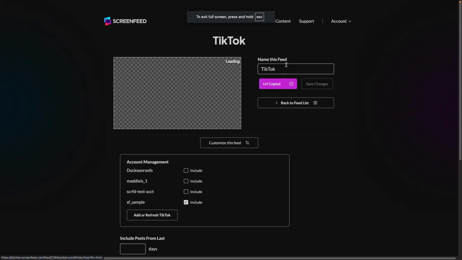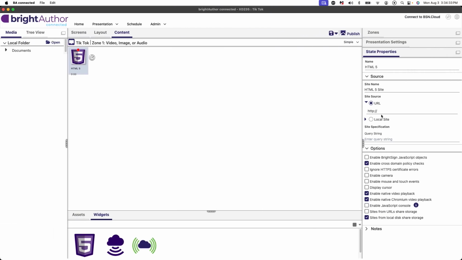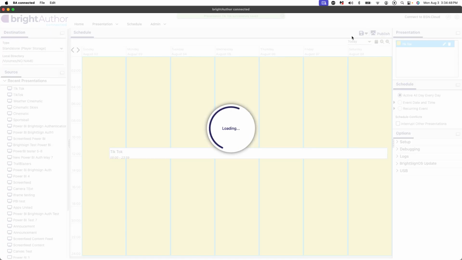If you don't still have it copied, go back to that configuration screen, or from your feed list, you can also copy the URL there and paste it in as the site source. Make sure it doesn't duplicate the HTTPS header right here. Save your presentation and click Publish.